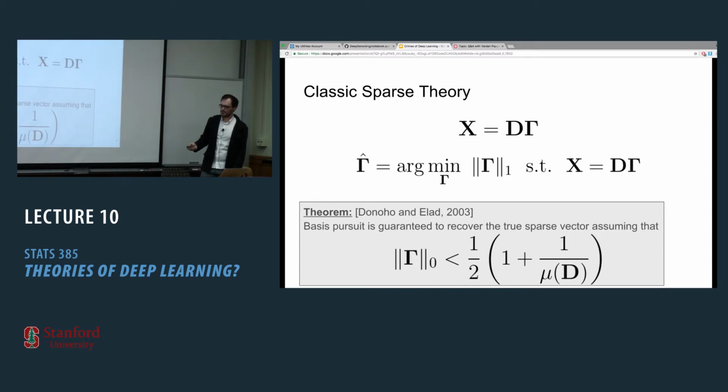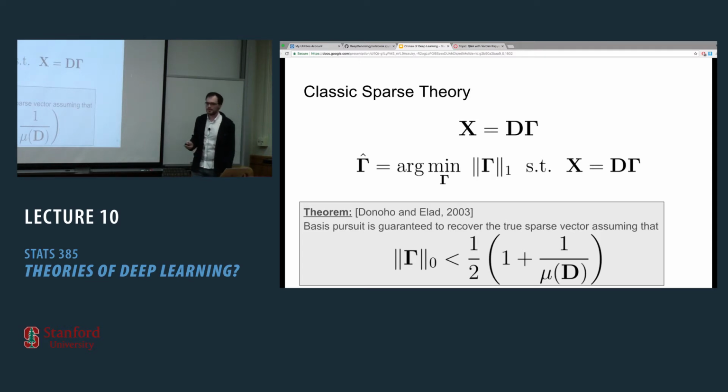In the work of Professor Donoho and Professor Elad, they've shown that the basis pursuit algorithm is guaranteed to recover the true sparse vector if the true sparse vector is sparse enough. What is sparse enough? You can see here a certain term, which is half times 1 plus 1 over mu of D. Mu of D is basically the mutual coherence of the dictionary.